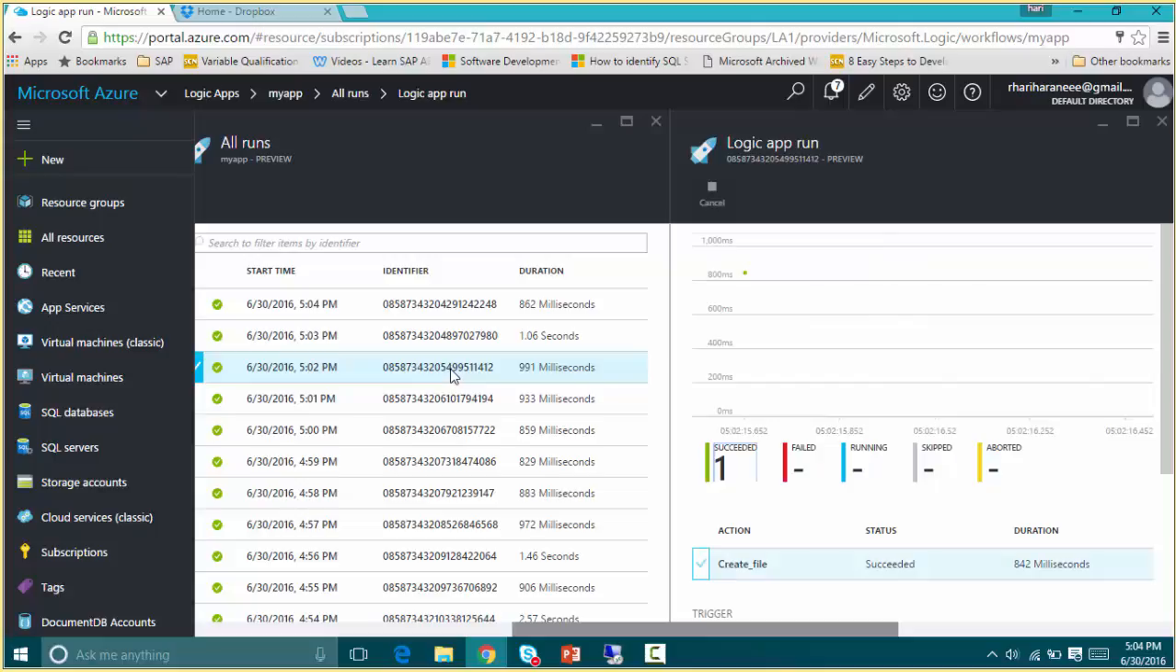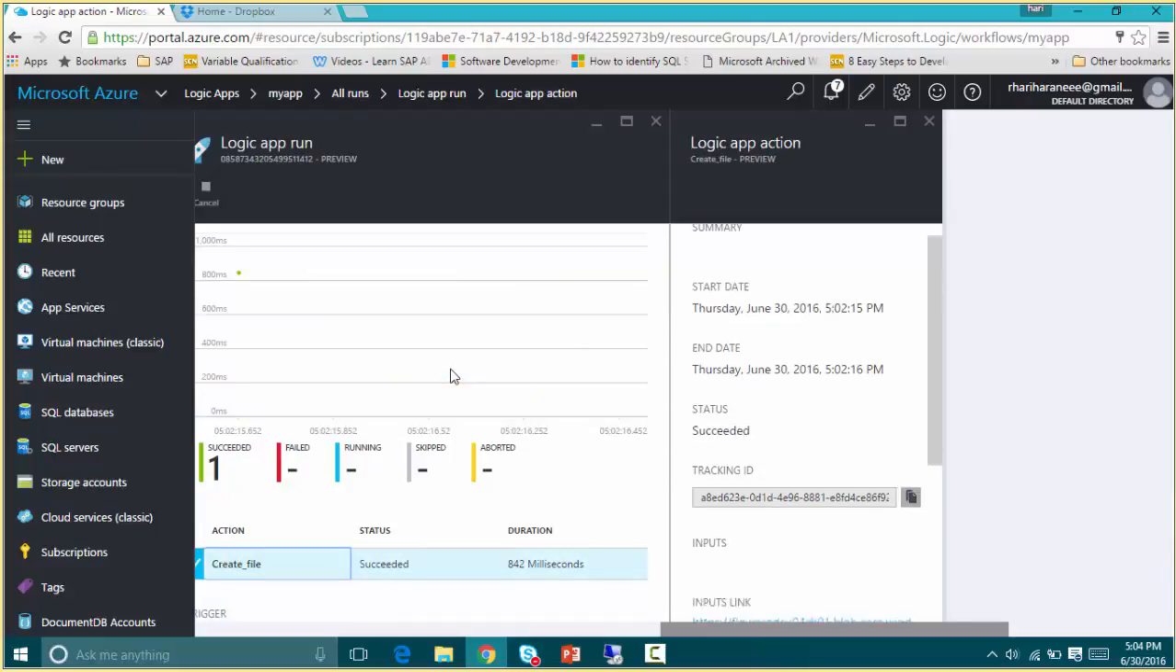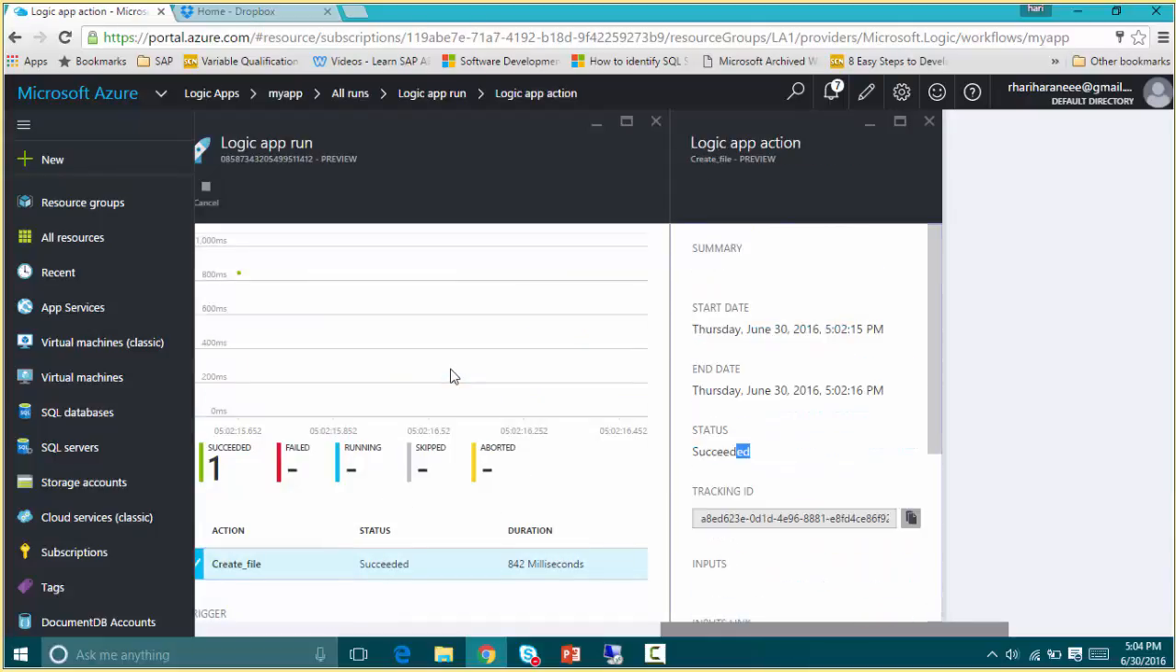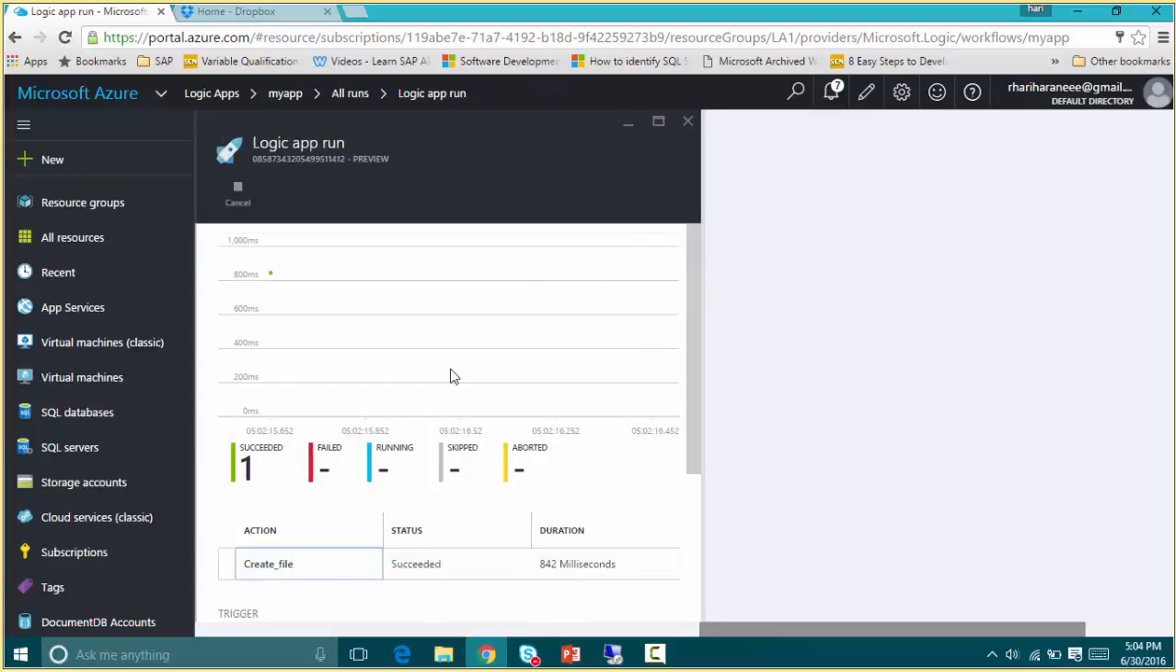So I have only one element, which is nothing but creating a file in a Dropbox. So I can go and see the status as well here. If you have multiple elements inside your logic apps, you can see the status of each element. So if it is a failed, then